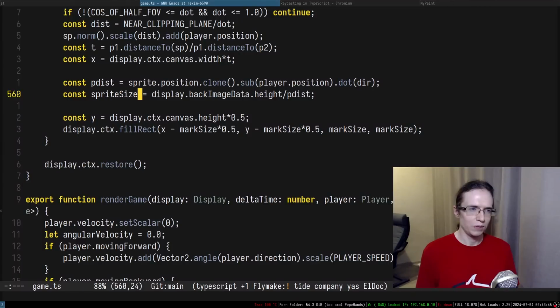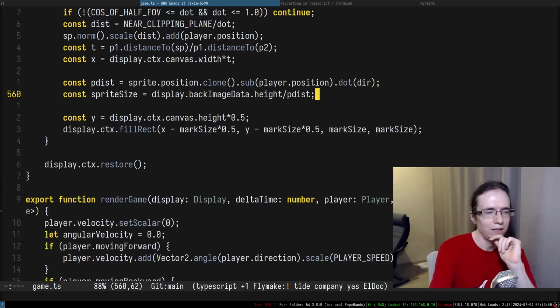Right. So, do we have, yeah, so we have a display. So this is a sprite. Okay, that's very cool. That is very cool. But if we're going to be drawing that on the